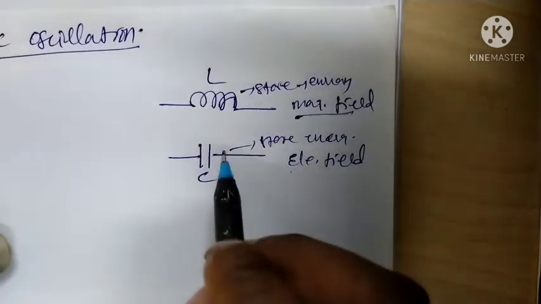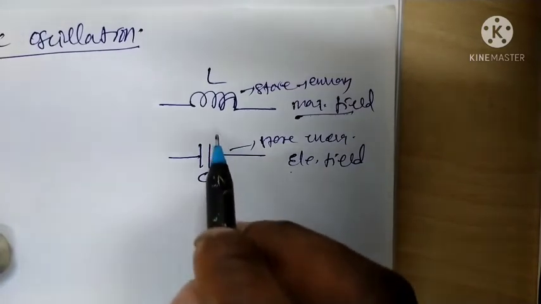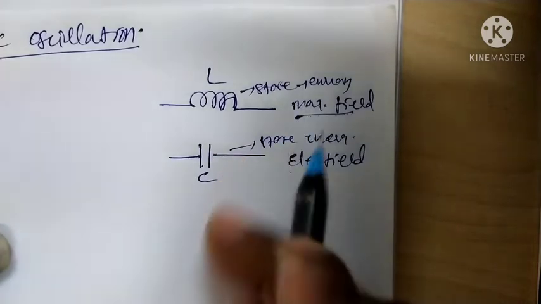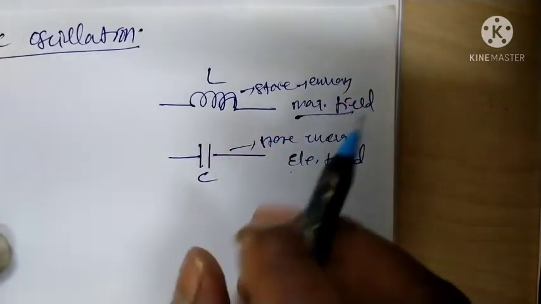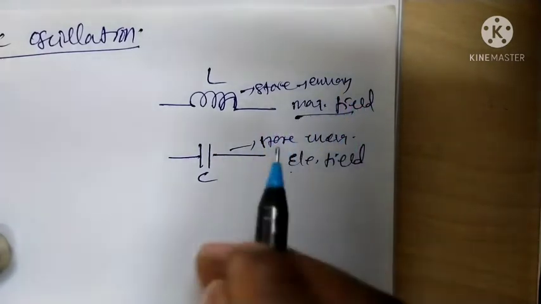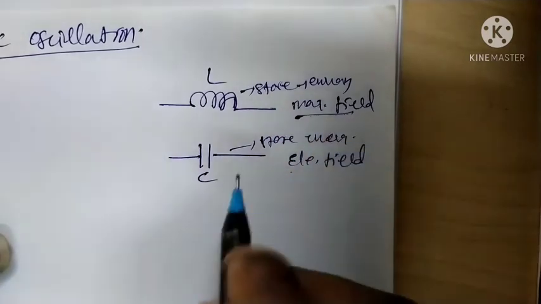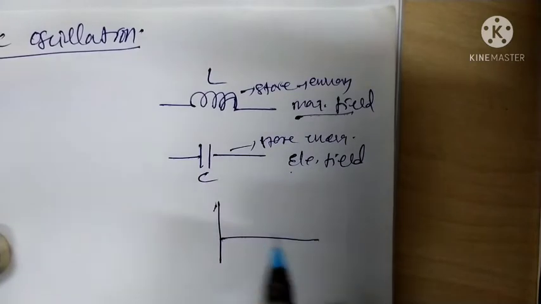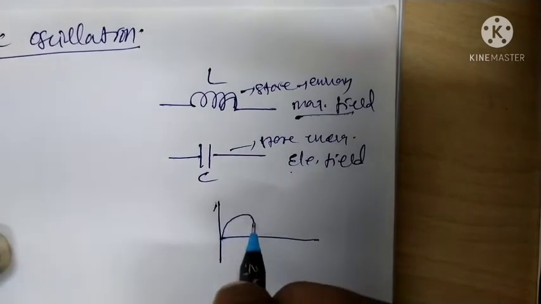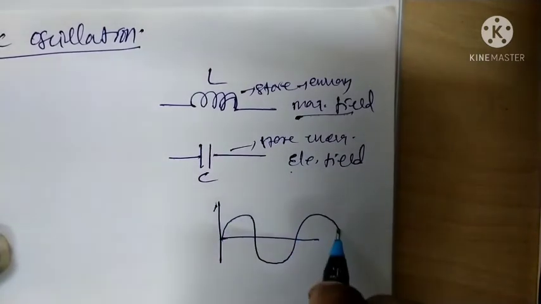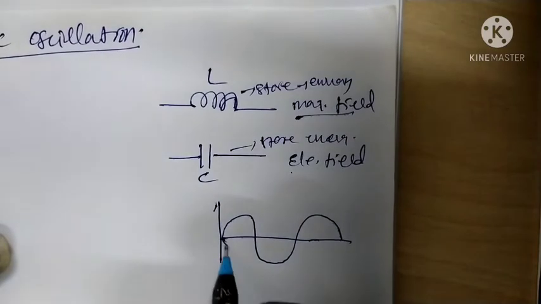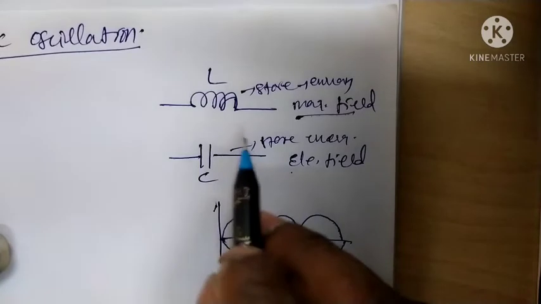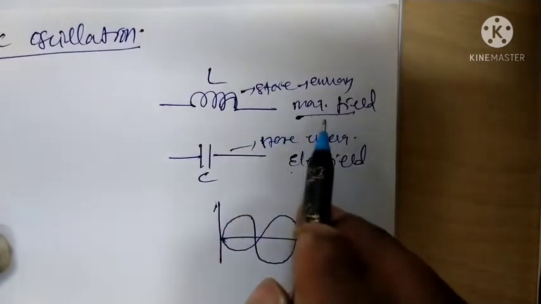Suppose these are connected in a circuit, it can oscillate like vibration. These form an oscillation like wave nature. Suppose you can draw one wave, a sinusoidal nature. That is electric field like this, alternating. In the case of alternating current, the current will change. The inductor also stores the magnetic field.